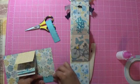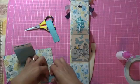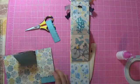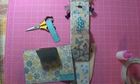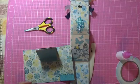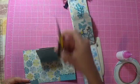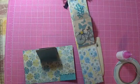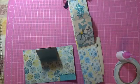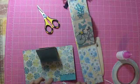And then what I like to do is just kind of lift my scallops up just a bit. Okay, and then I'm going to do the same thing on the other side. See, I think this is a little crooked. Alrighty,